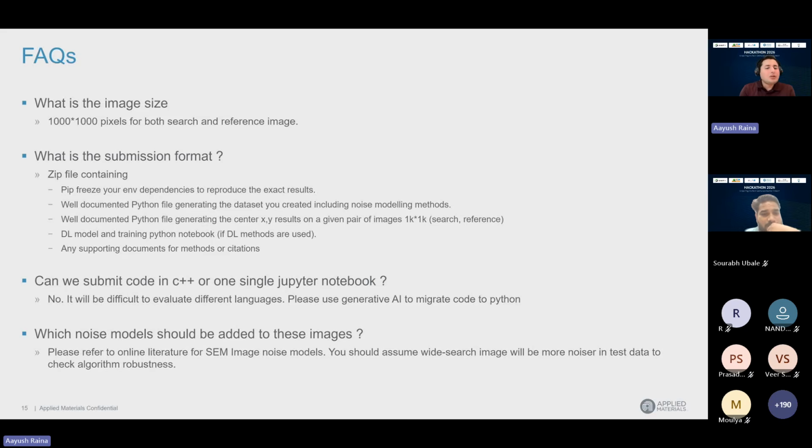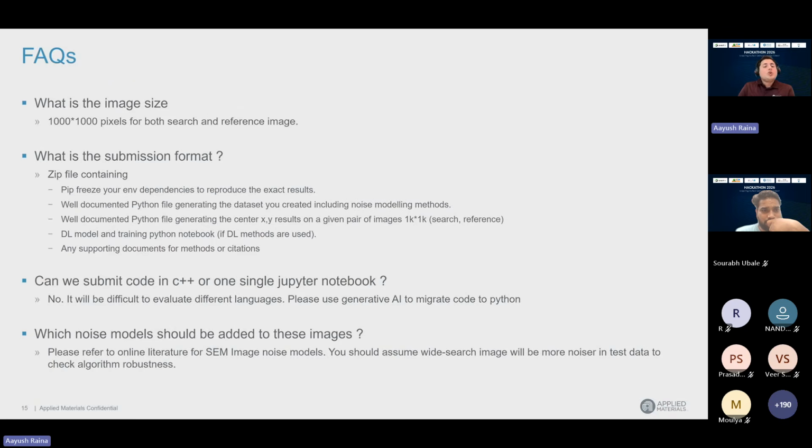Can we submit code in C++ or Jupyter Notebook? We don't want to take it in many languages. We'll keep it simple and flat, because if you give it in C++, then it will not be fair for other people who are working in Python. So let's keep it the same. Try to give pure Python code, not Jupyter Notebook code, because the computation time also matters. One straight shot of Python execution with the input images will give us the exact time, and we can match one on one. Sure, we will share the PPT.